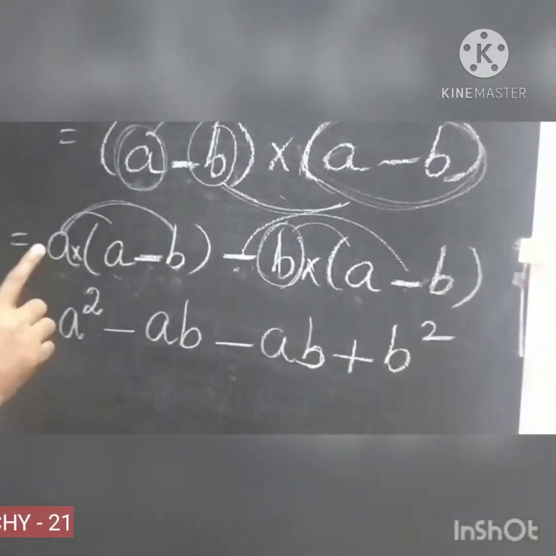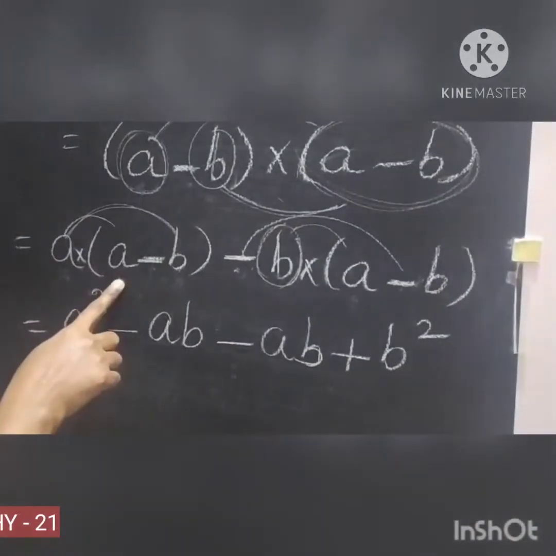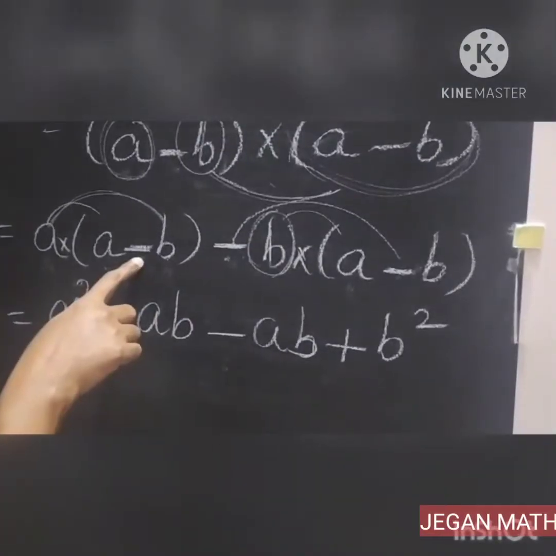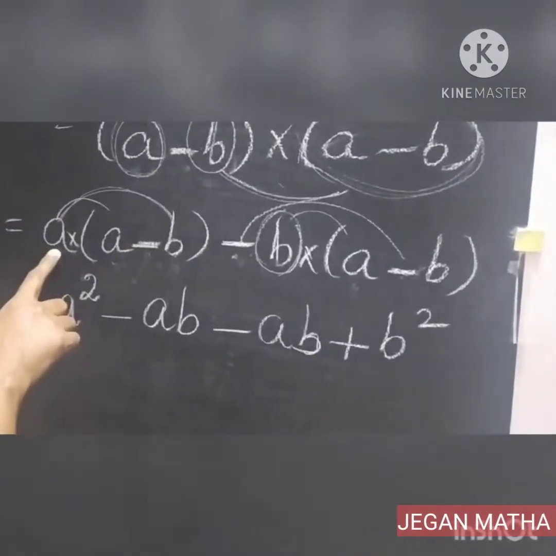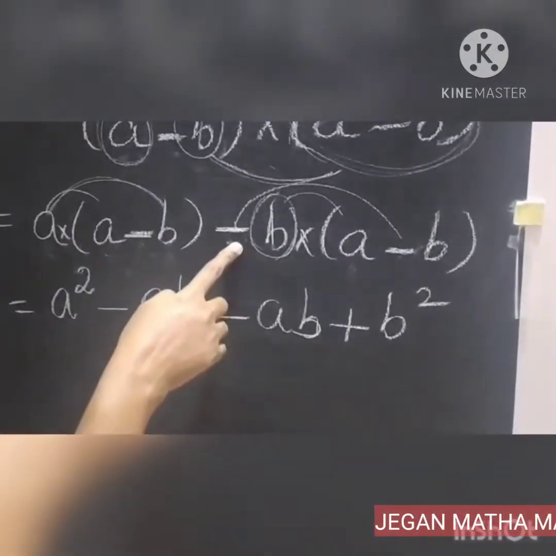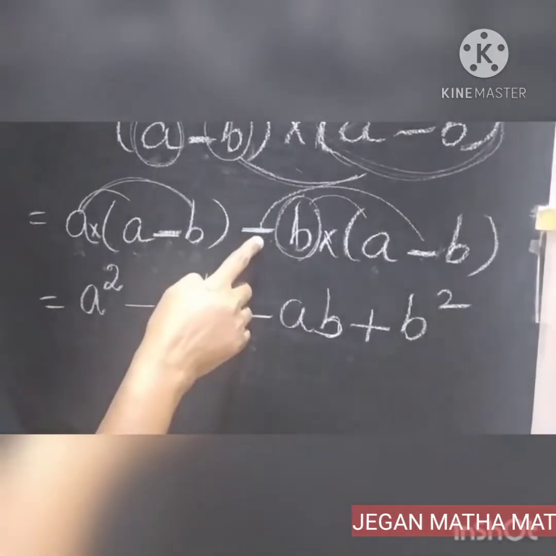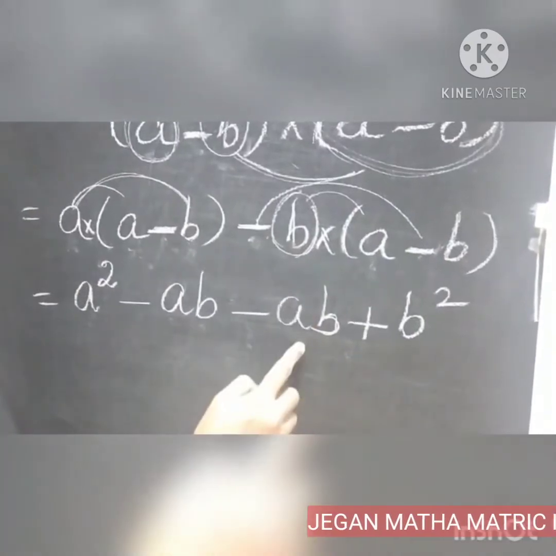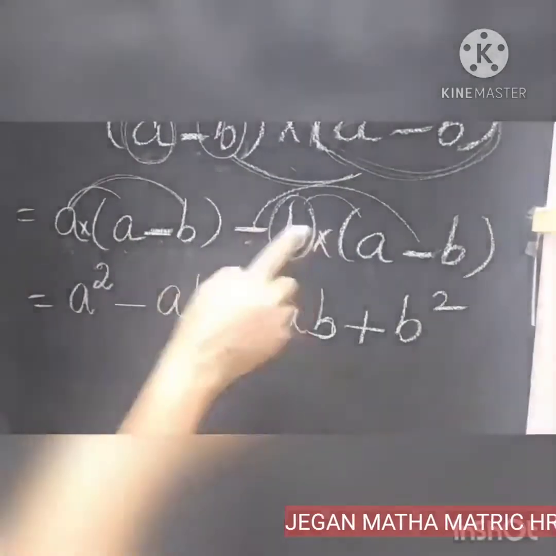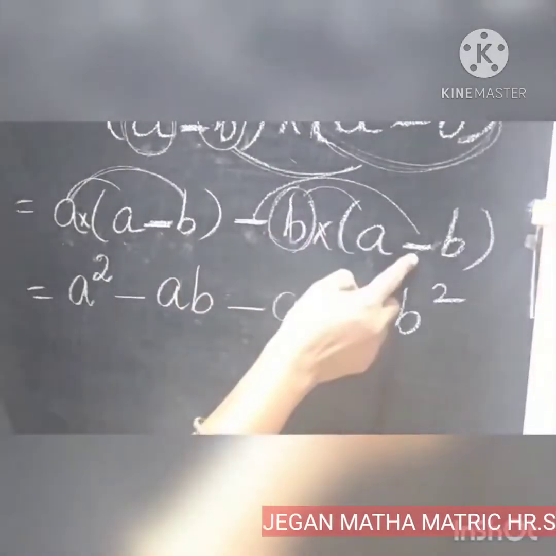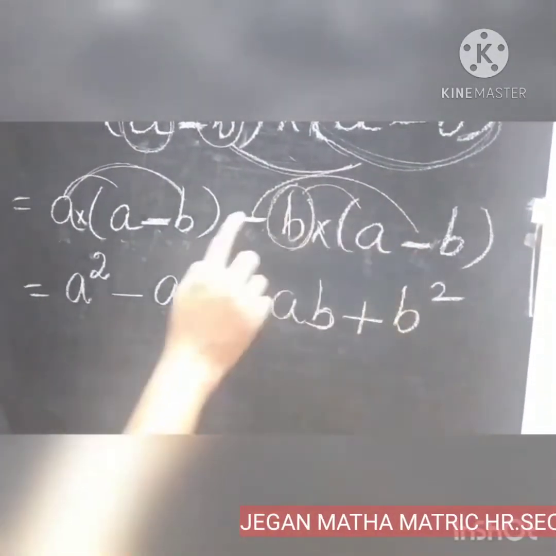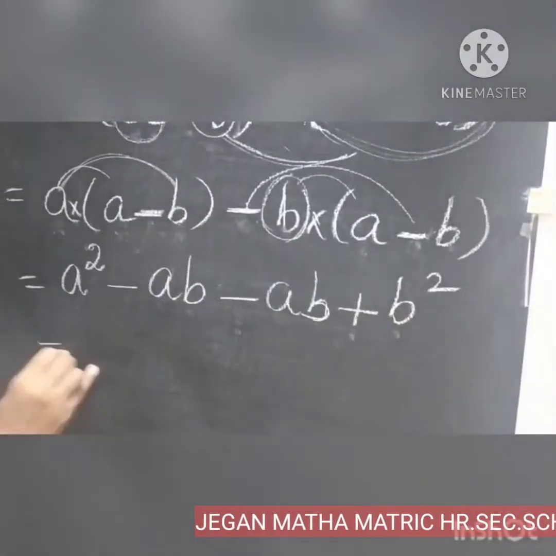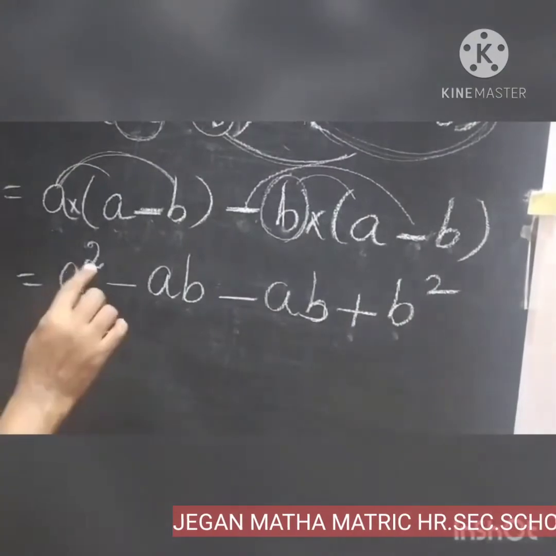So listen, again I am telling. The first outside is a, the inside bracket first term is a, so you multiply a into a, a squared. In between the sign is minus, so put the minus sign, a into b, ab. For the next term, before the b the sign is minus, so put the minus sign, b into a, put ab or ba, anything. Again multiply the sign with the sign: the inside minus sign is there, minus of minus is plus, b into b, b squared. Now keep the a squared first term as it is.